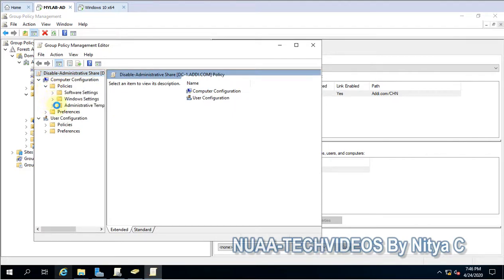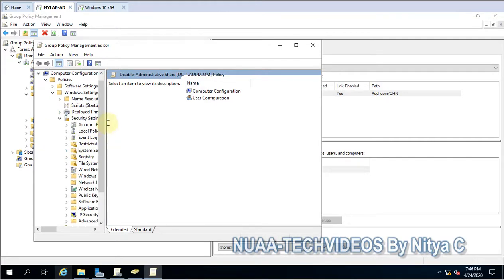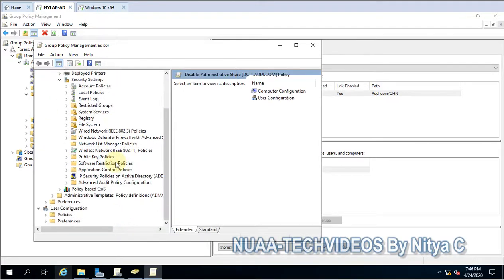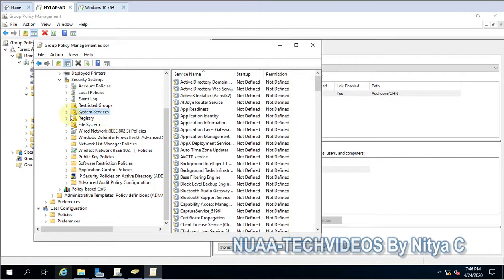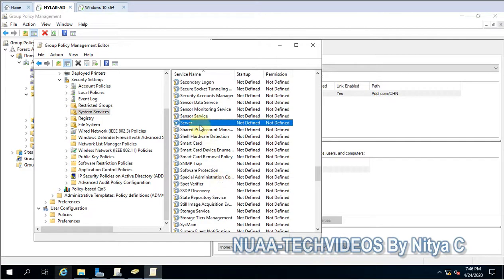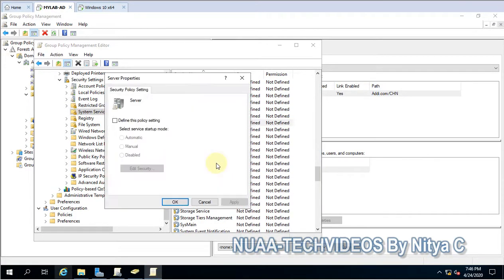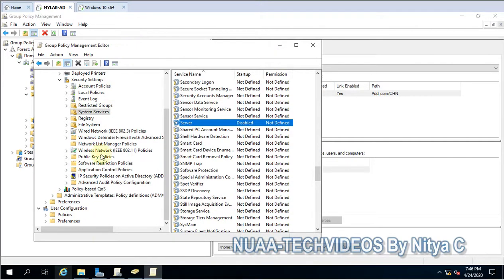Computer Configuration, Windows Settings, then Security Settings, then System Services, and here you have to find the Server service. Define this, and choose what you want, which is to disable it. Let's go ahead and disable it.